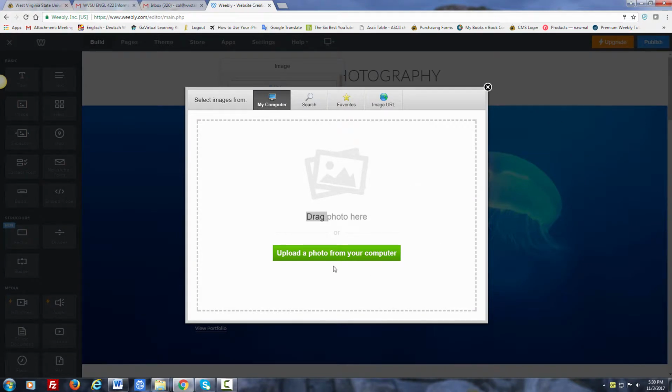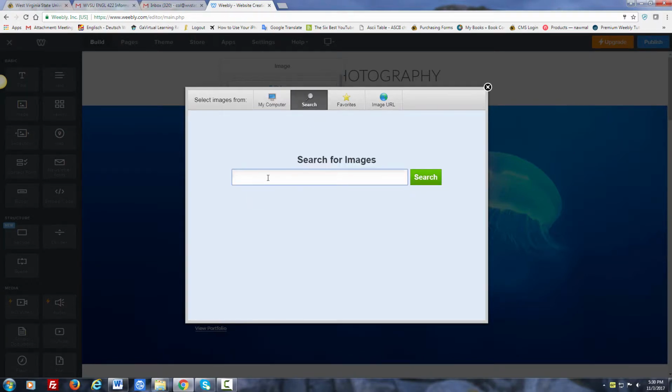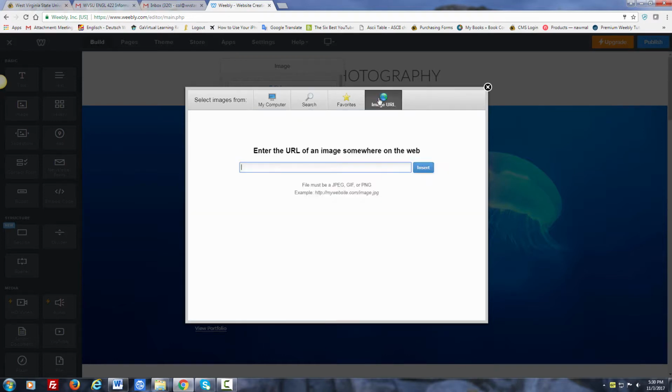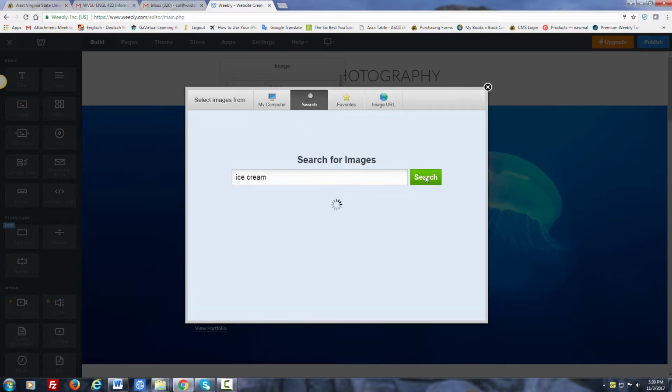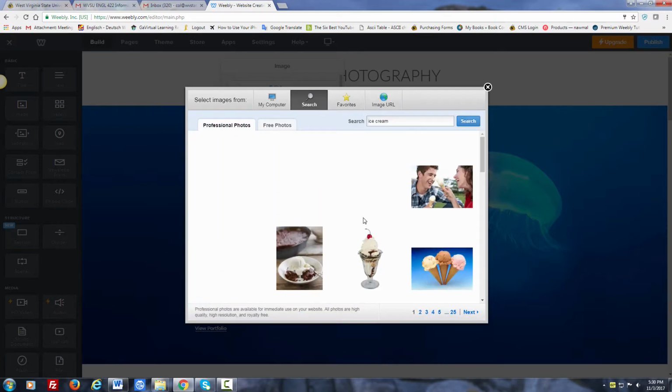Alright, and then instead of uploading a photo, we're going to do a search, and let's just type in ice cream and look for an image URL. Sorry, I don't want to do that. Ice cream, search, and